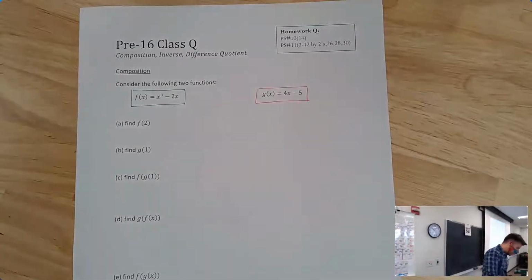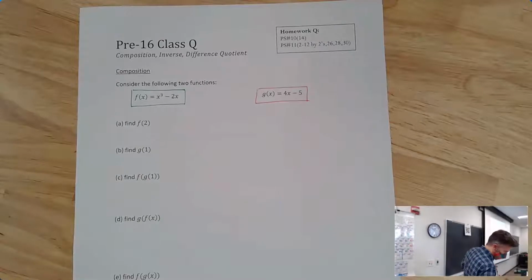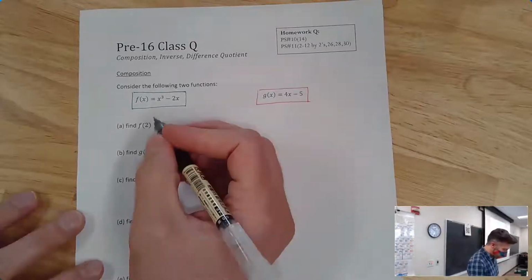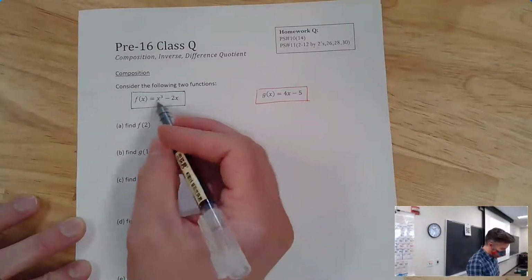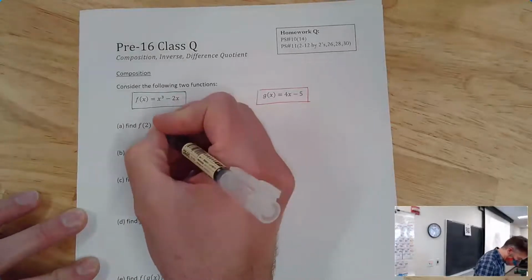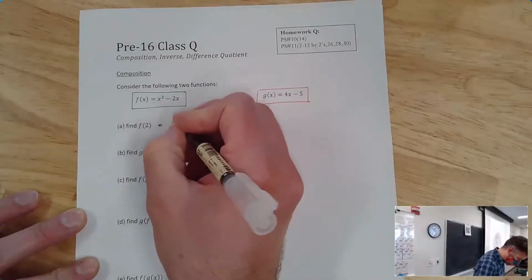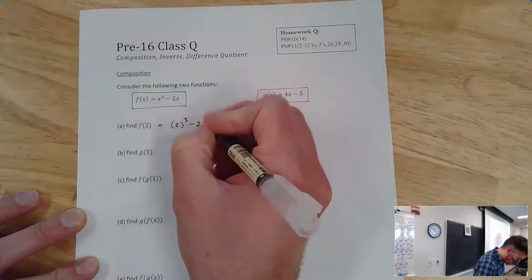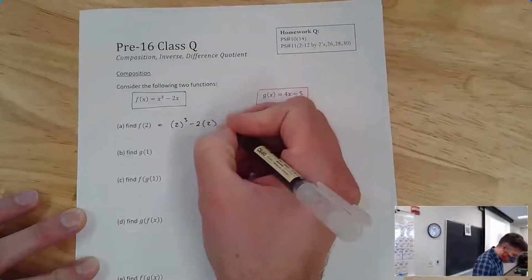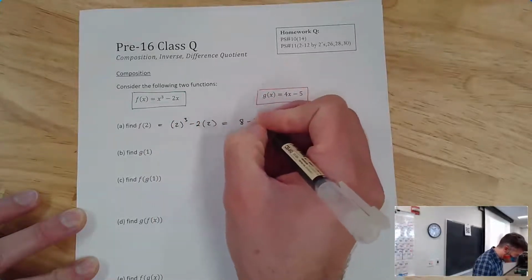So let's consider the following two functions. f of x equals x cubed minus 2x, and g of x equals 4x minus 5. At first, we just want to talk about how you deal with evaluating functions. If I want to find f of 2, I'm literally just substituting in 2 for x. So it's going to be 2 cubed minus 2 times 2, which is 8 minus 4, which